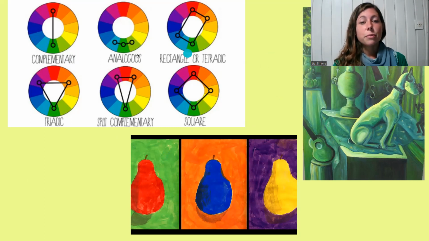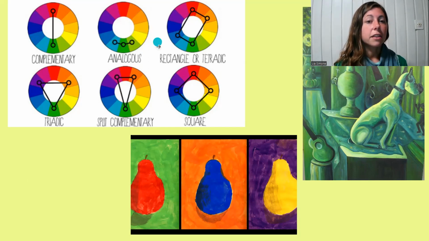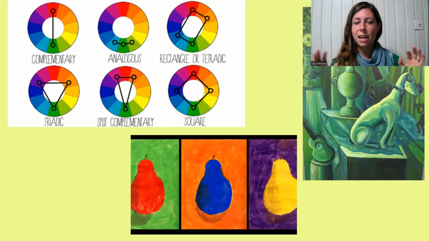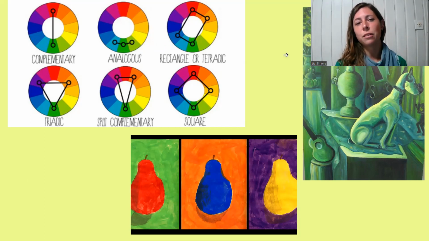The next one that we can look at is analogous colors, which is basically choosing two colors, or three colors, or four colors, that are in a row next to each other on the color wheel. This combination of colors tends to have more of a soft blending effect, as the colors are very similar and they balance each other and create a more soft and peaceful impact when you look at them.